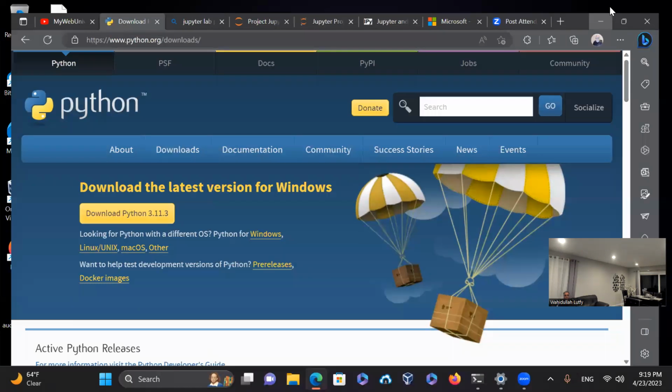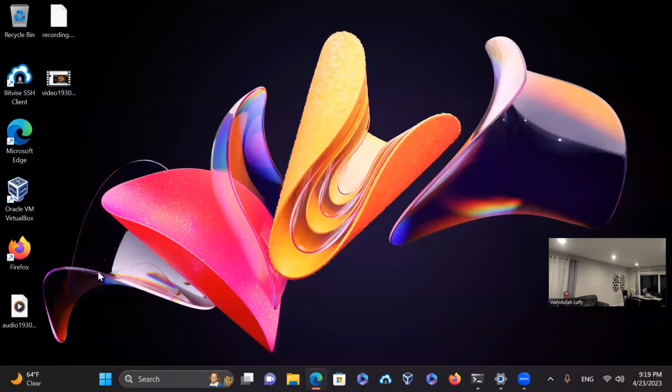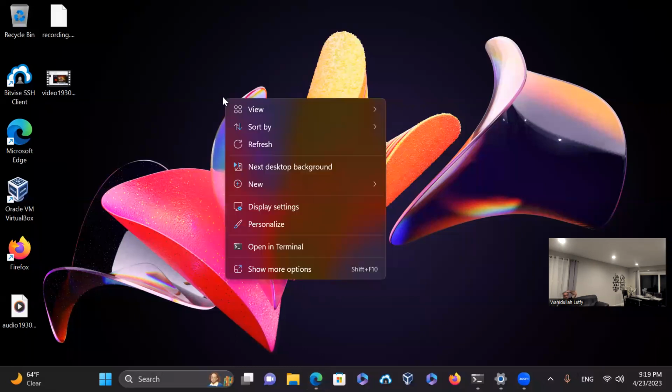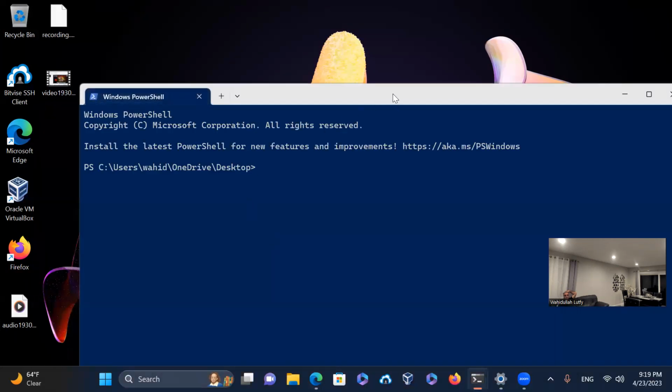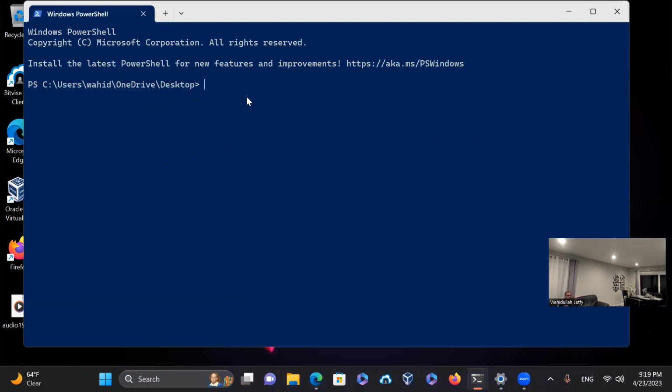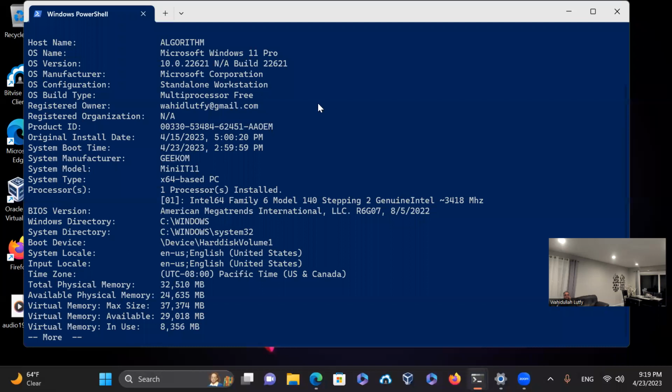So let me just show you my desktop, which is a Windows operating system. This background is the Windows 11 desktop. If I right click here and open a terminal, you can see that it opens a PowerShell terminal. If I write systeminfo and type more, it's going to show me that I have Windows 11 Microsoft Pro, and then the build is 10.02,